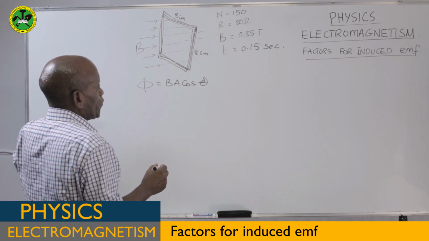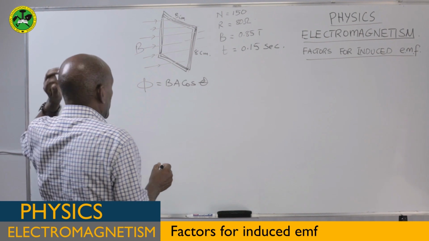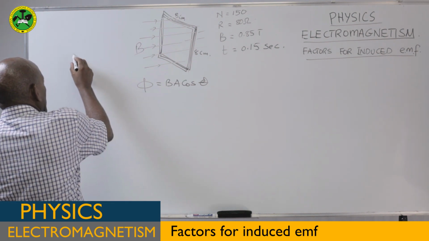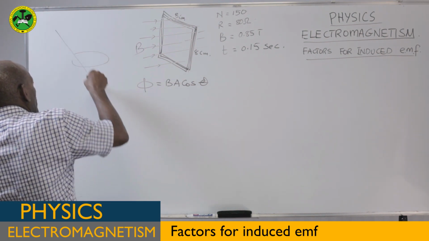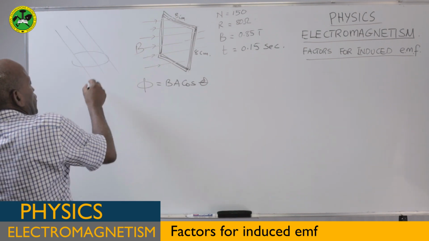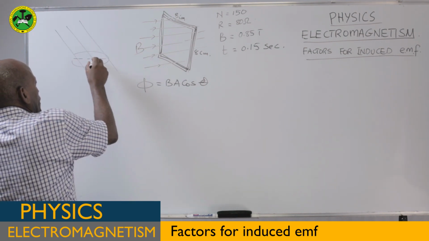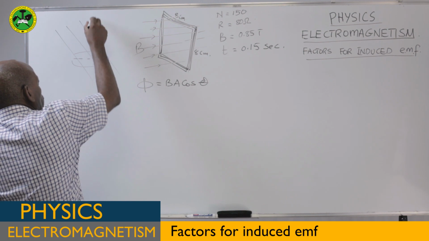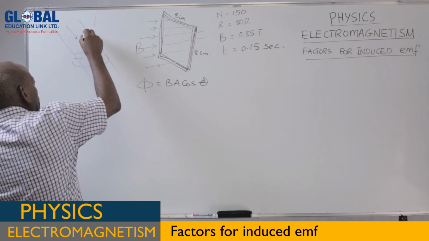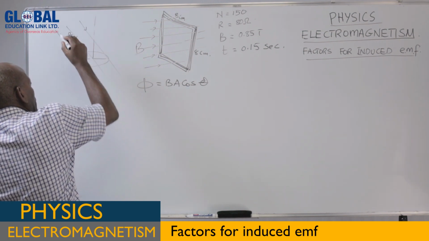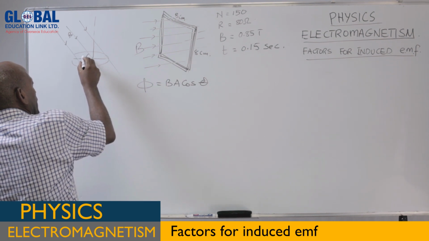If I'm having a magnetic field of flux density B, making an angle theta to an area A,